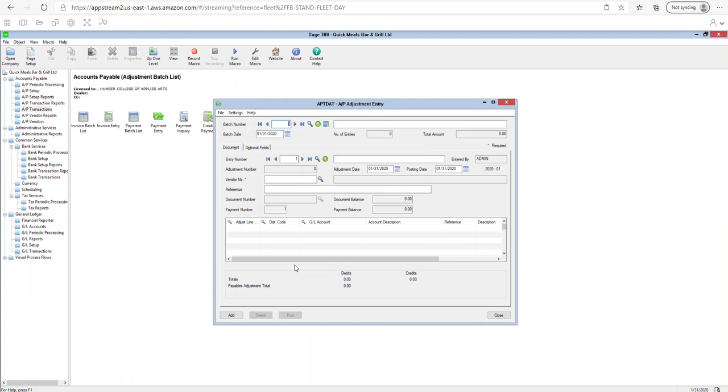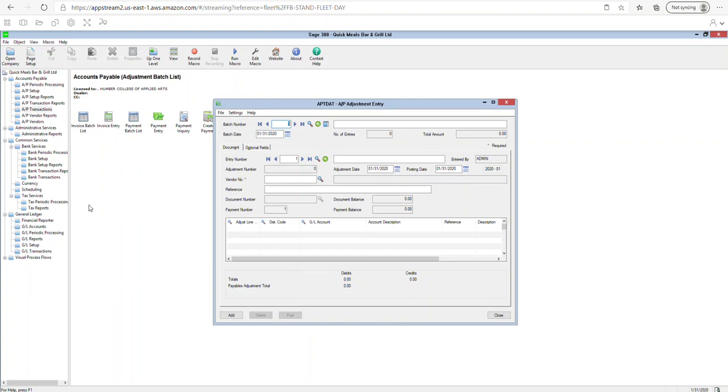So the main purpose for me to do this when I was preparing to record was because I want to show you how to record an adjustment entry. But if you're doing it by yourself and you post this Costco invoice into the right account, which is the furniture account, then you don't have to reverse the entry. There's no need to do the adjustment batch. So I'm doing it for video purposes,